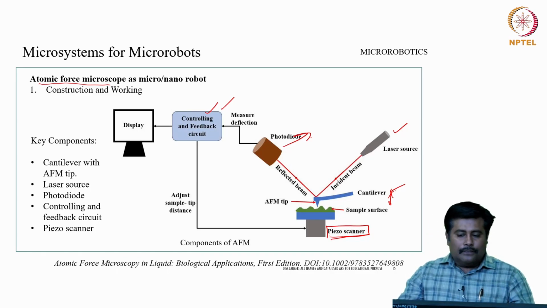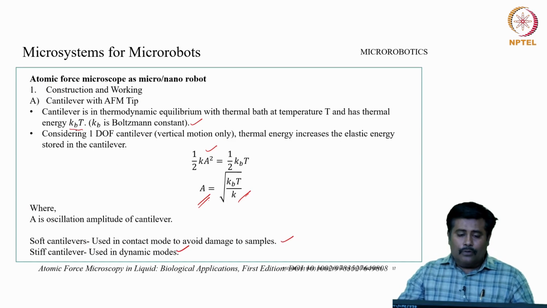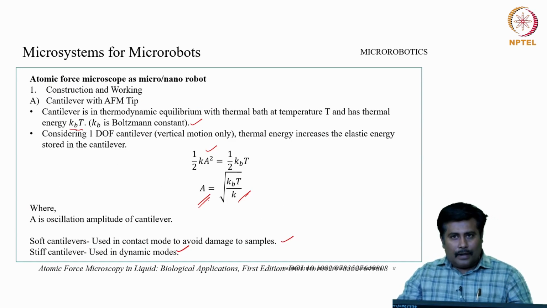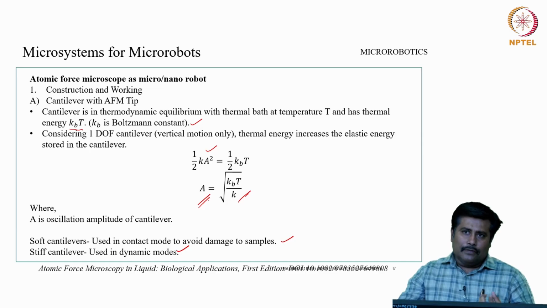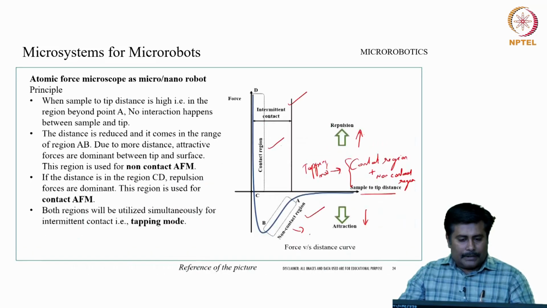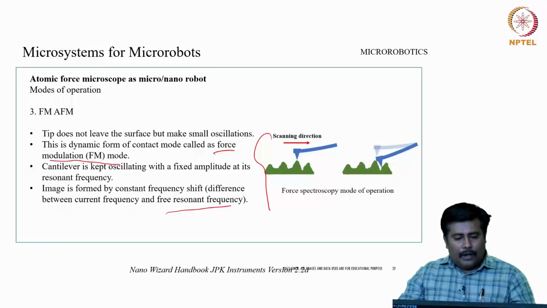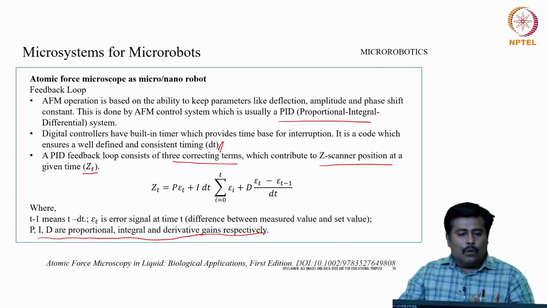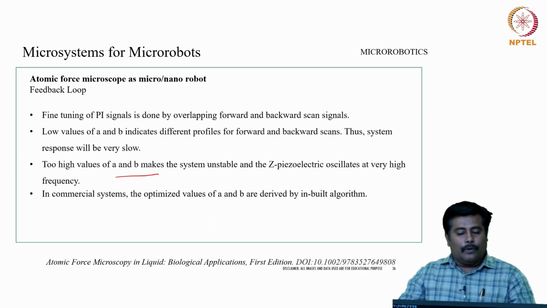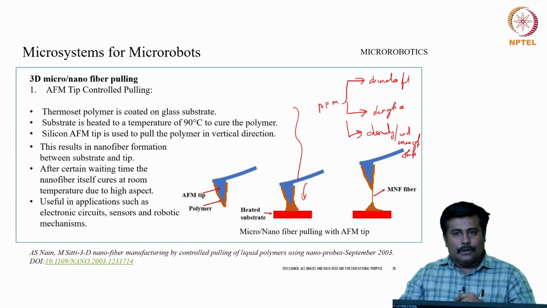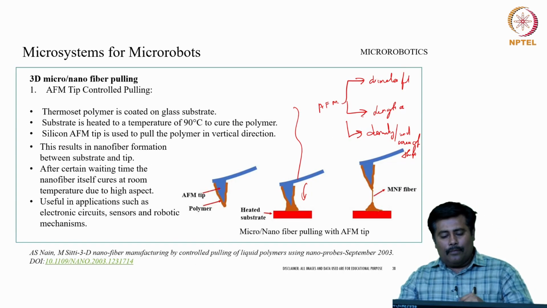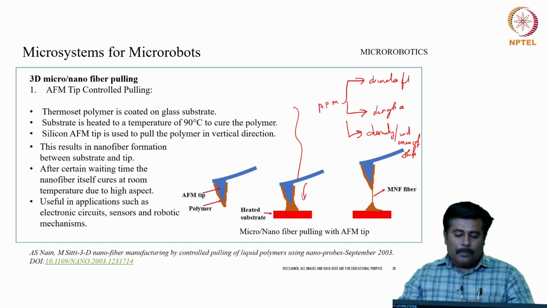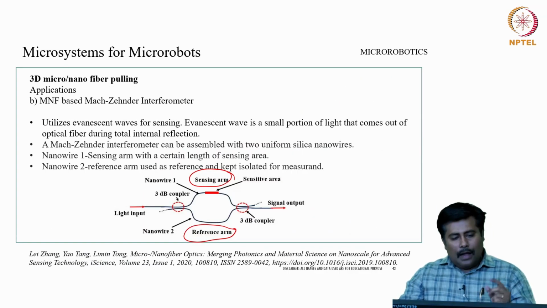aspects. So, in the case of an AFM tool, we have seen different modes, the overall functionality of the AFM and the overall characteristics of the AFM, how these AFMs are deployed for different applications, and then we have also discussed the feedback systems which are being deployed in these AFM related applications. Now, usage of this AFM in the form of nano and fiber pulling is also investigated, and there are